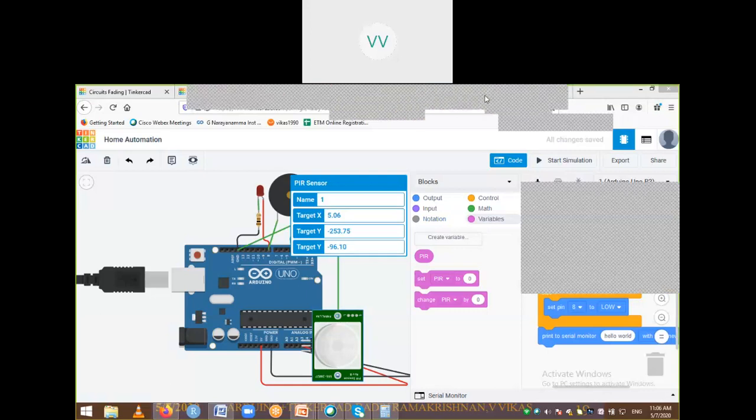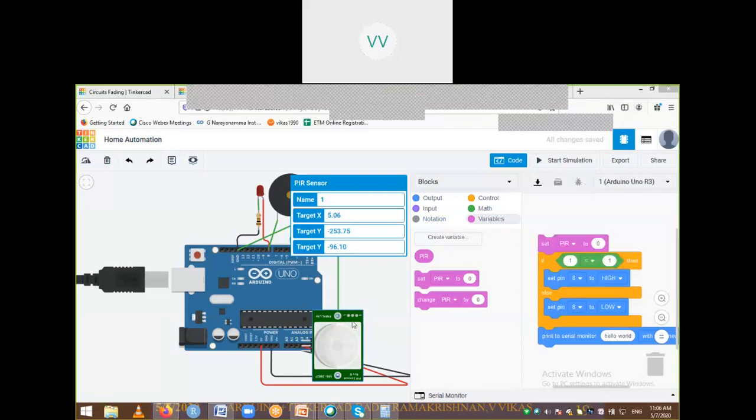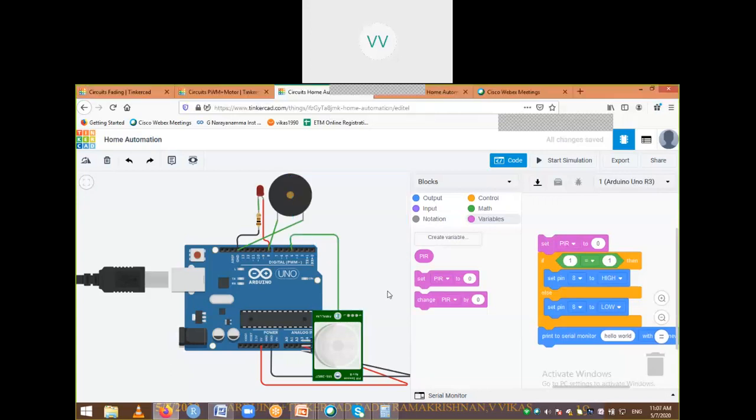So what this PIR is doing is trying to check whether someone is moving or not. If I consider ultrasonic, you are considering the distance, but the PIR is not looking at distance at all. It can just say if someone is moving or not. So you are going to have only two options. If someone is moving, it gives some value. If no one is moving, it gives some value. So I can say PIR is a digital sensor. It's not an analog sensor, but it is a digital sensor.